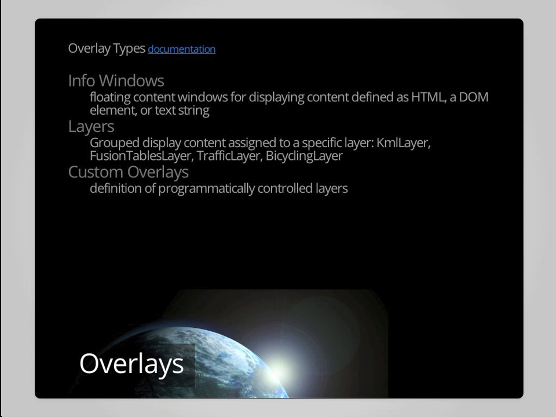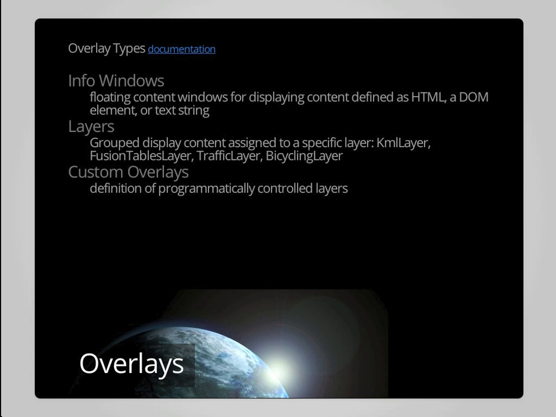There are also a number of layer overlay types that provide very efficient means for linking to external data or services to be able to streamline the display of content in your Google Maps. One very popular one is the KML layer overlay type, where if you have developed a KML file, which you can build in a desktop GIS application, or you can even build one in Google Earth, if that